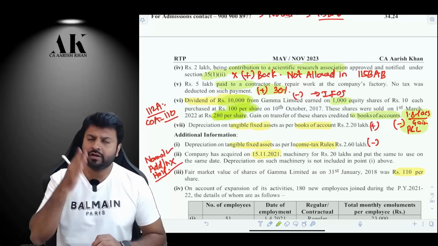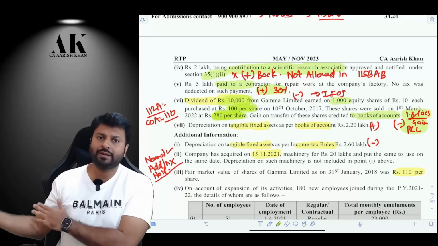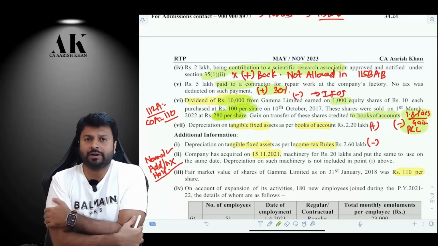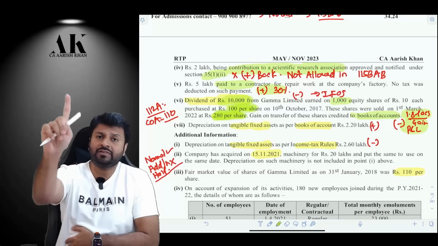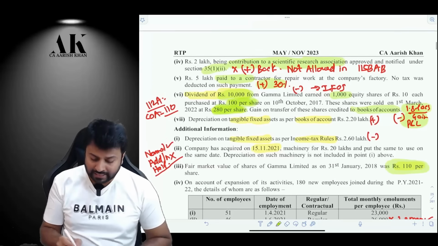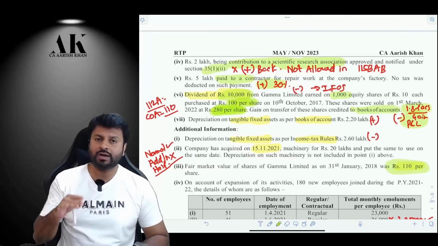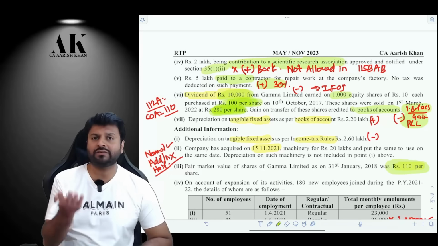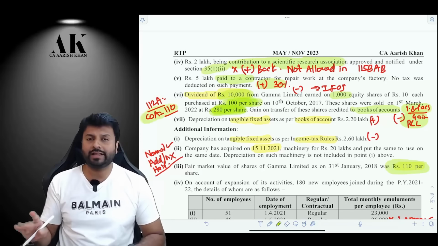So that profit you have to reduce from your book profit. From your net profit you have to reduce your accounting profit, and you have to show under capital gains. How much will you show as cost under capital gains? You have to follow the grandfathering rule over here. What is the grandfathering rule? The FMV as on 31st Jan 2018, compare with the sale consideration, whichever is lower, and then compare with the actual cost, whichever is higher, and with that your cost comes to 110. That will be your cost.